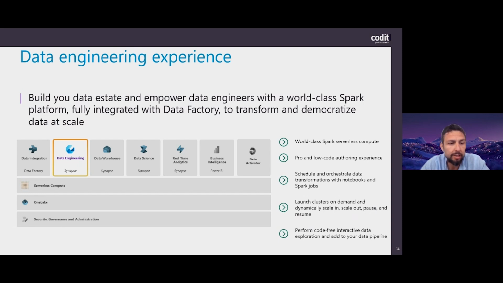Making it very easy to schedule all of your notebooks, making sure that you can monitor them, that you get the insights out of them, how long they run, how much data they have processed. And this can all run on servers that are immediately available for you. So the waiting time is less than, for example, in an Azure Synapse environment, where it can take some time to spin up a cluster. In Fabric, the clusters are mostly already pre-configured for you, so they can start more quickly when they are required.